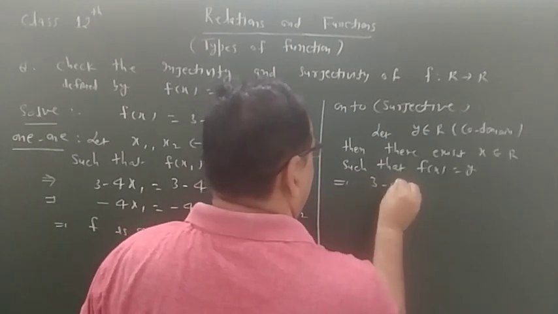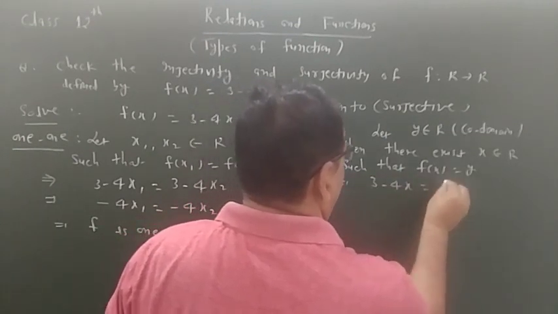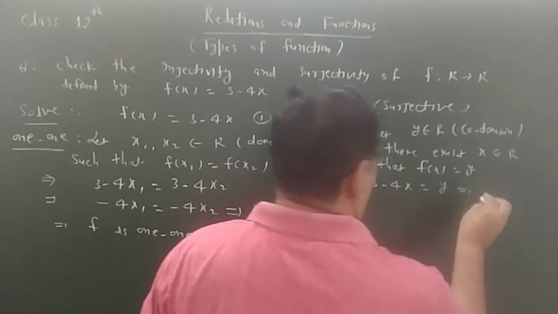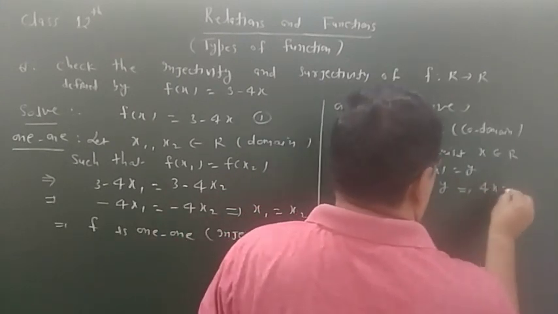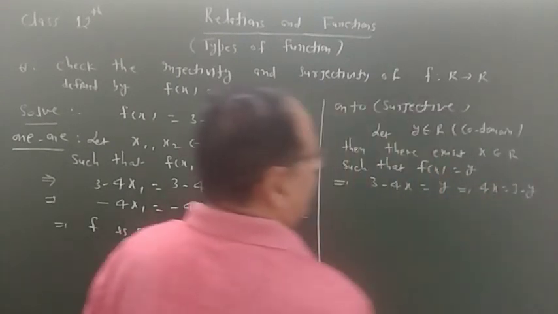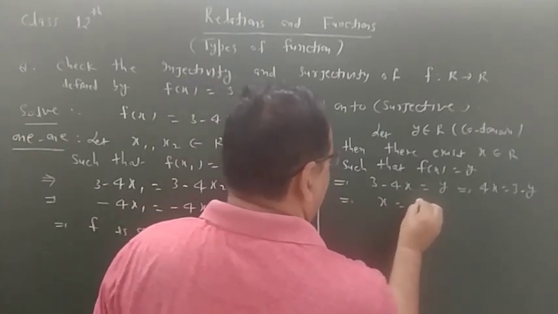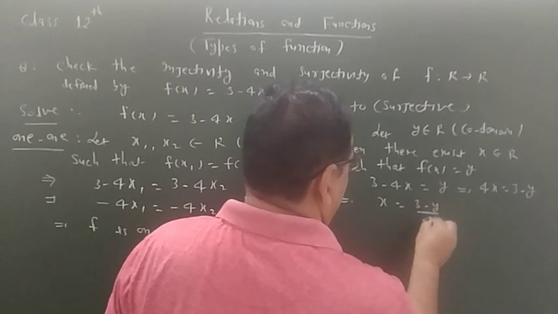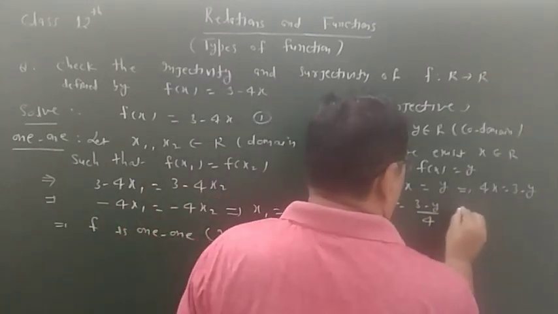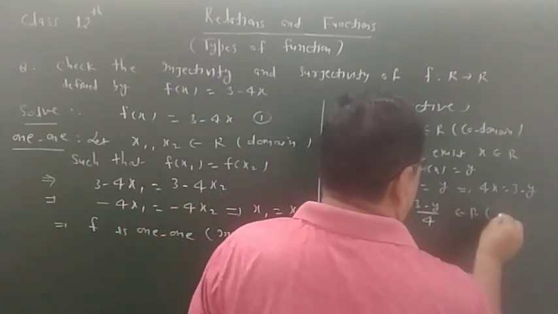That means 3 - 4x = y. So 4x = 3 - y. This implies that x = (3 - y)/4, which belongs to our